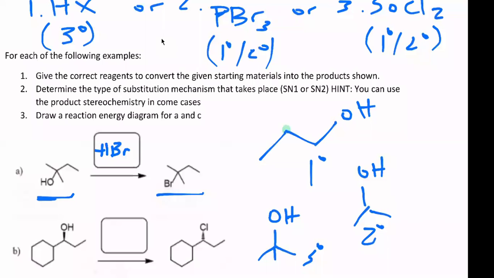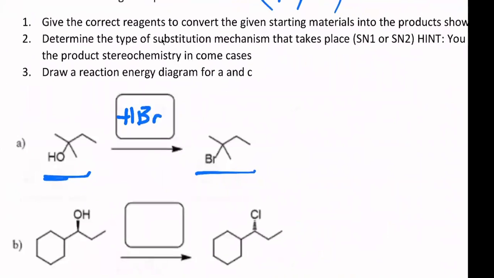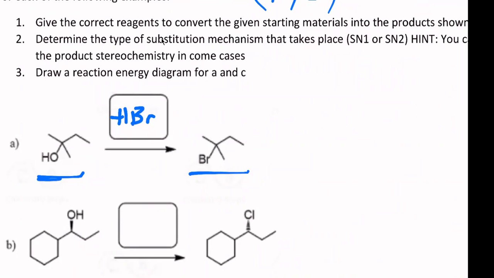All right. So for tertiary alcohol, you have to use HX, right? Whether it be HCl, HBr, HI, doesn't matter. All right. The second part of that question says, what type of substitution takes place? SN2. Okay, we got a problem. If it's a tertiary substrate, which is what this is,